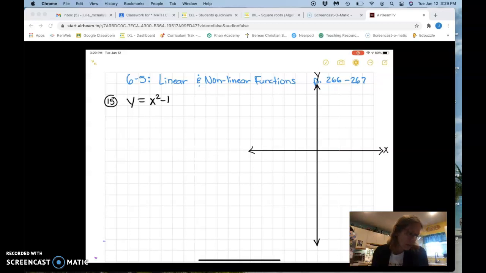Okay, so let's look at this last section. It says graph each function. So again, in order to graph it, I have to make the XY table, and I need to pick values for X. And I'm telling you, I always pick the same ones, unless it doesn't help, then I have to go back and do different ones. But those are my go-to numbers for X. Okay, so you just pick whatever numbers you want. And then you're going to plug in and solve the equation to see what